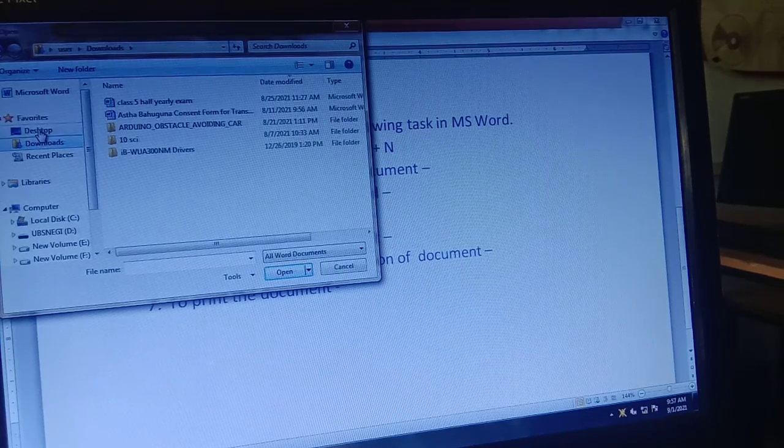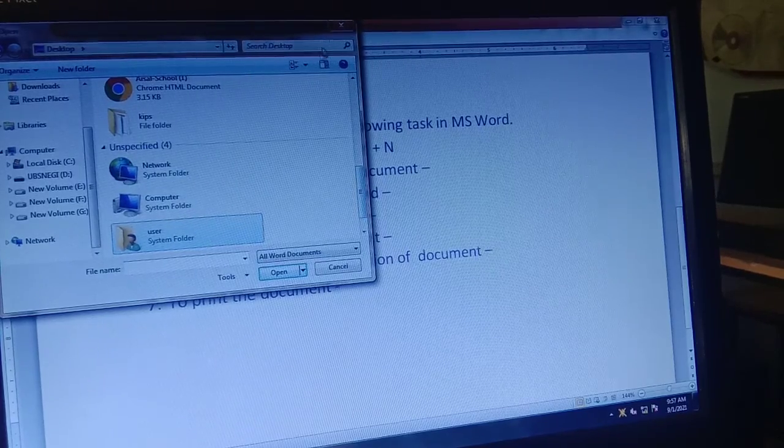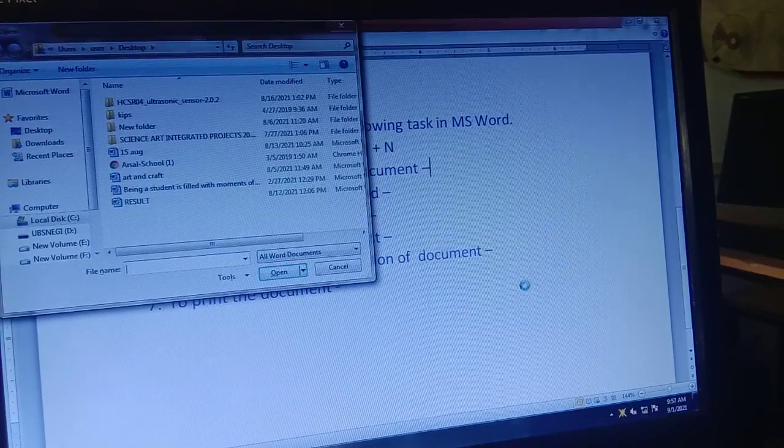So this is how you can open your document. But by using shortcut key, how to do this? CTRL plus O. As you click on CTRL and O keys together, your open dialog box will open. When you click on the open button from the office button, then also open dialog box opens, and when you press control and O keys together, then also your open dialog box will open.